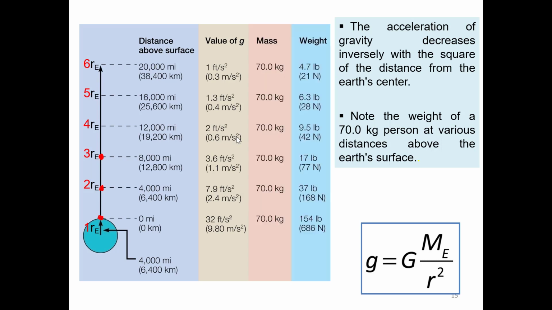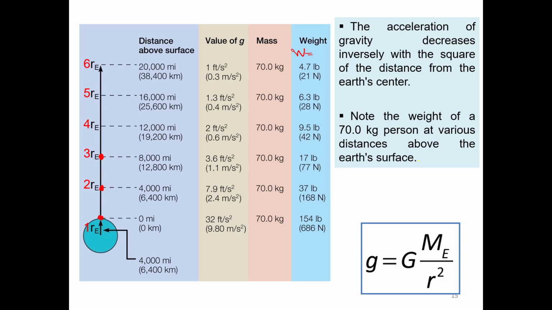And we can see also that if the mass at this point is 70 kilograms, the mass does not change. Yes, because we know the mass is the same in any location. But what happens is that the weight of the object will change. Why? Because the weight depends on the